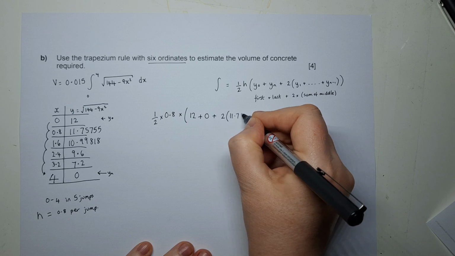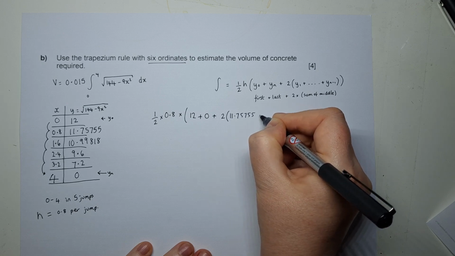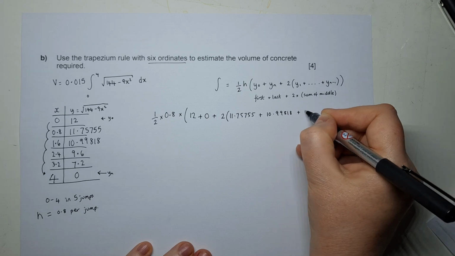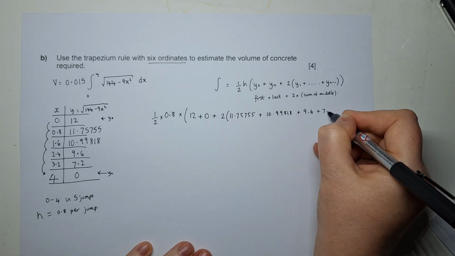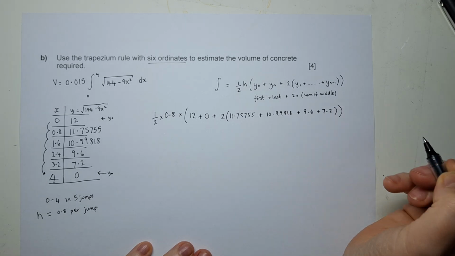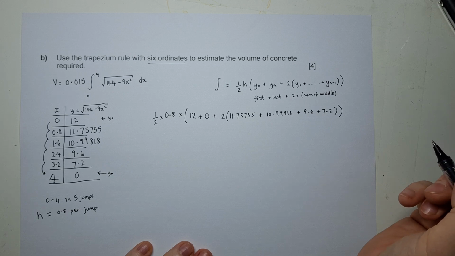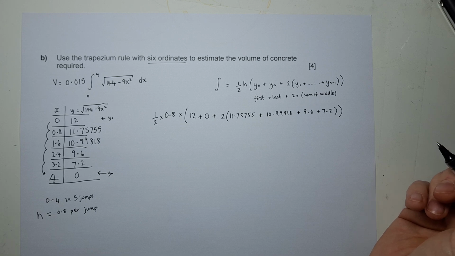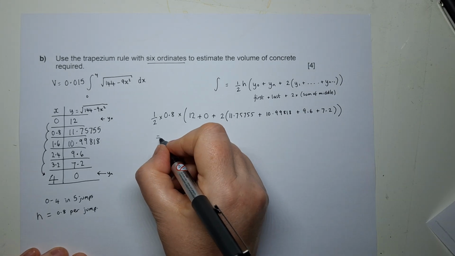So 11.75755 plus 10.99818 plus 9.6 plus 7.2. Close that bracket, close the outer bracket. Type that in really carefully. It's worth probably typing it twice just to make sure you get the right answer. Okay. And that should give you